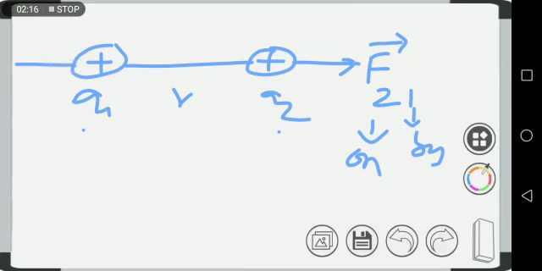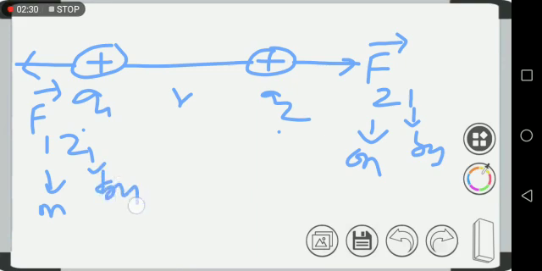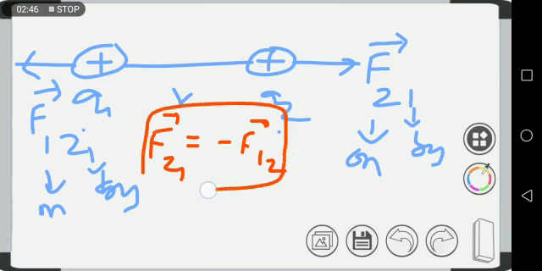Similarly, in this direction q2 is repelling q1, so we write here F on 1 due to 2, F12. In this way there are two forces, one is F21 and the other F12, but they are not simply equal, they are equal and opposite, so we put a minus sign. So these two forces are equal and opposite in nature. This is known as Coulomb's force, and the direction of this is given as this. So what is the vector form of this force?